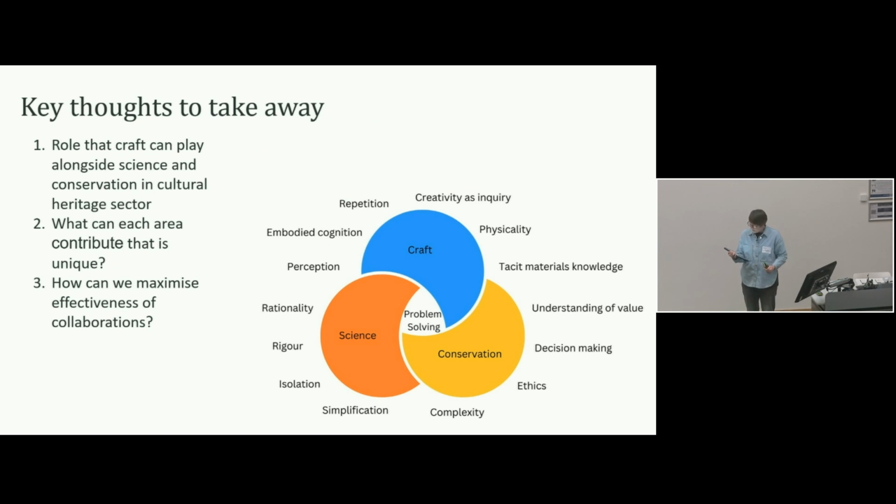So really the key thoughts to take away from this talk. When I first started developing it, I sort of framed it as thinking about the roles that science and craft can play in conservation. But when I got to the end, I actually reframed it to how science, craft and conservation can collaborate as equal partners in the cultural heritage sector, which I think is a small but really important difference, because it's not about people helping conservation, it's about everybody working in cultural heritage together, which then opens up